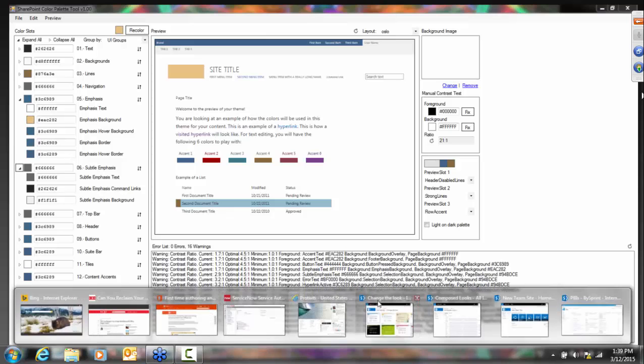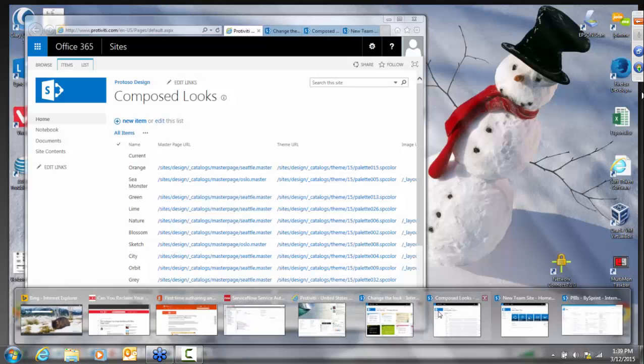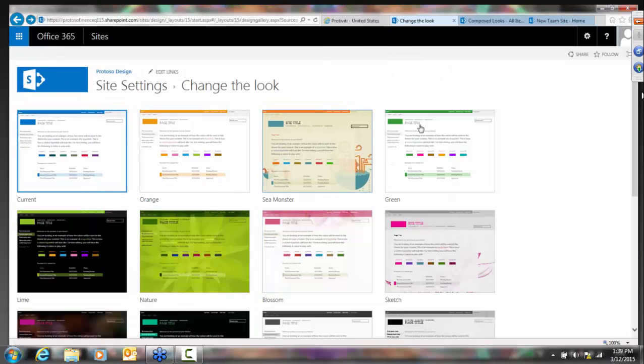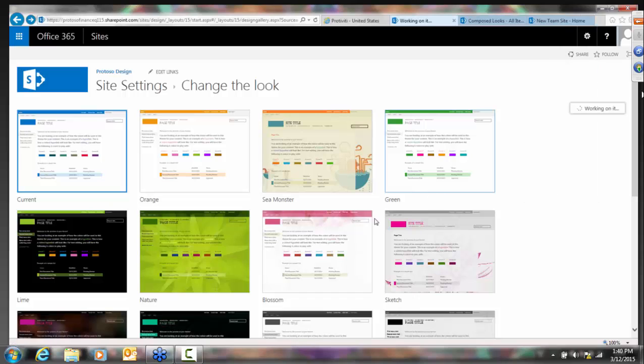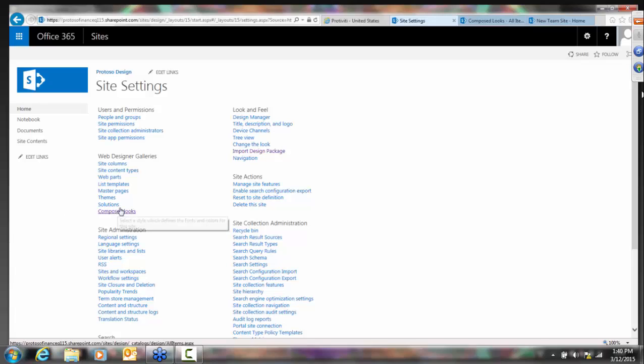So to go back to my SharePoint site, now, how do I go about uploading one of my items, like say my colors or my master page, to create this new theme? So to do that, we go to the gear and site settings. Remember, you need to have publishing turned on. And you have an option under Web Designer Galleries which says Compose Looks, and this will bring you to a list